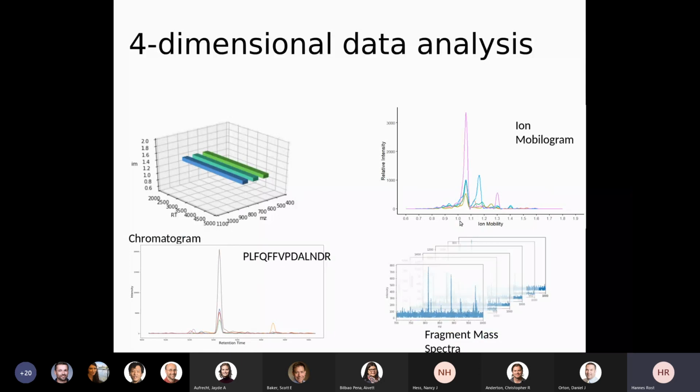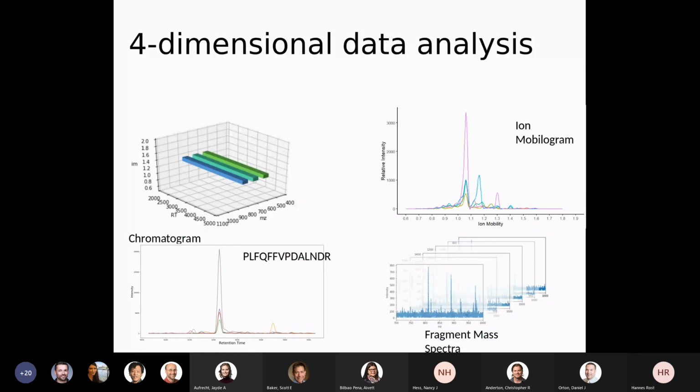And for each of these different dimensions, we derive a set of scores, such as the cross correlation of the individual fragment ions in retention time, in ion mobility, and accuracy in ppm in the fragment mass space. And this set of scores is then combined using a machine learning algorithm to derive a final discriminant